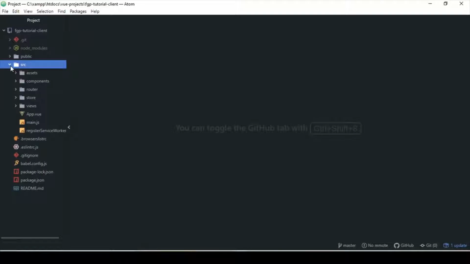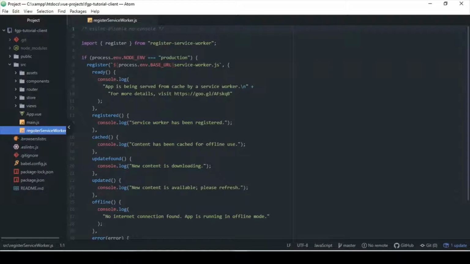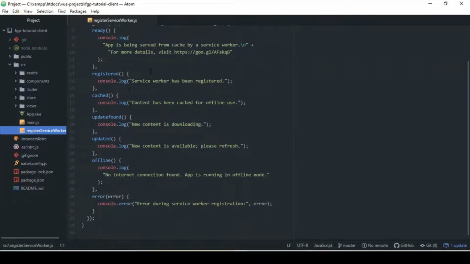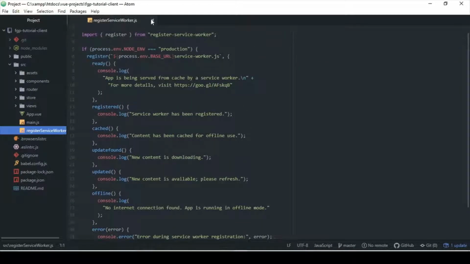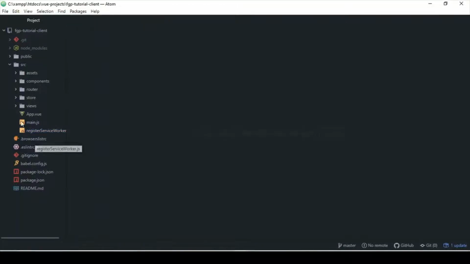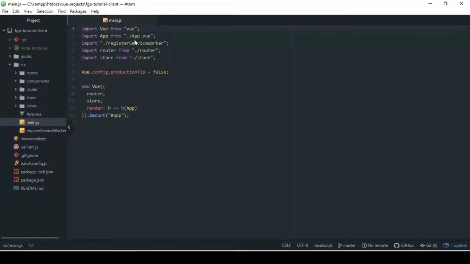The basics, like the router, the store, that's the Vuex, and we have the service worker for the PWA aspect of it for loading and offline caching and updating all that stuff. There's two other things that I want to add to this, and that's Axios, obviously, for the HTTP API connections and stuff like that. And I also want Vuetify for